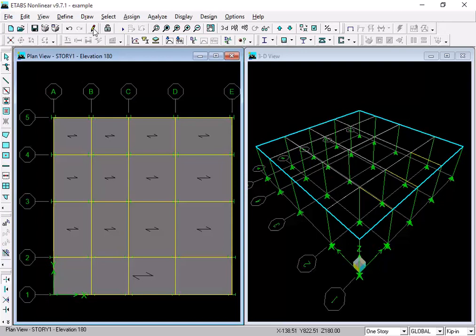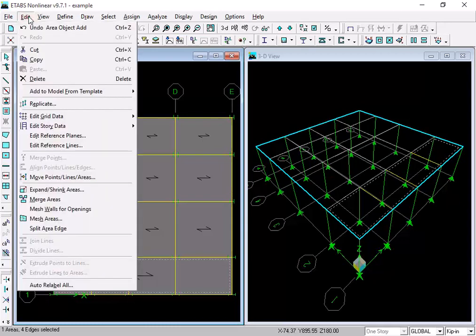Now later on you realize that you have to keep this panel separate and these three may be combined. That's fine. One option is you select it, delete it, and do the same as you did before, drawing this one separate and these three together. But there is an option which we call divide area or split area. Select this one, go to edit,